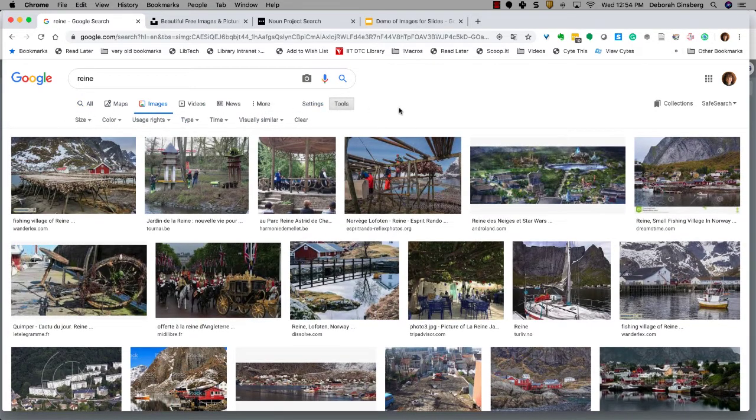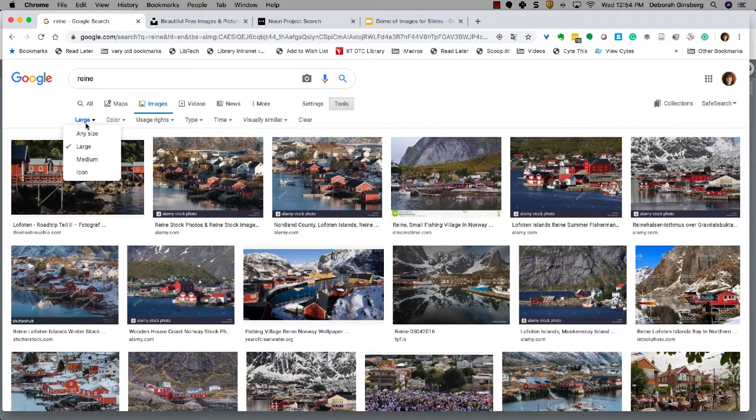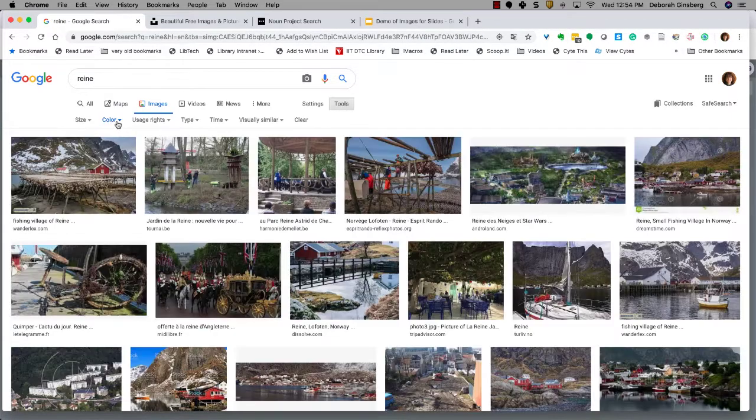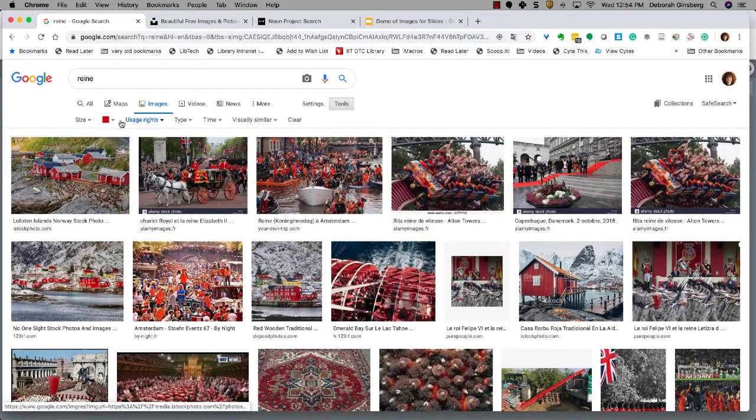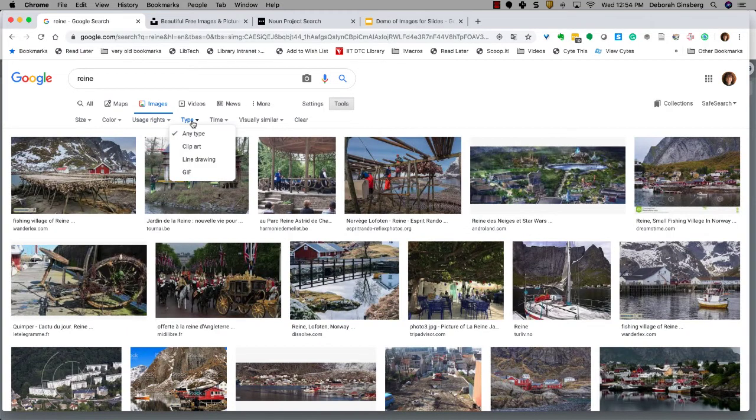So if I click Google Tools under Google Images, I can see I can do a lot of things actually. I can get large images. I'm going to go back to any size. I can base on color, so maybe I want more things that look like those red houses. Go back. I can get types, clip art or line. I don't care about that. Time, visually similar. But the one you're going to want to know is usage rights, because these here, they're from